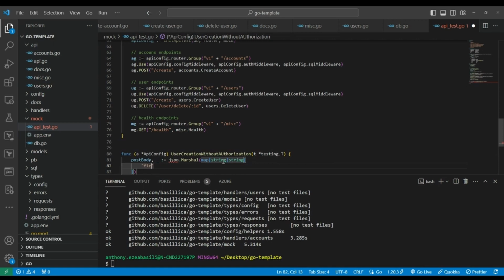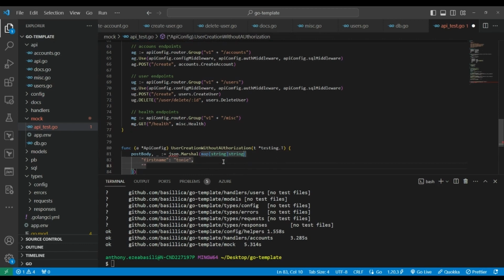So we would have first name, I can call this Tony. I would have last name. I think this is also camel case here. So last name would also be maybe 18,